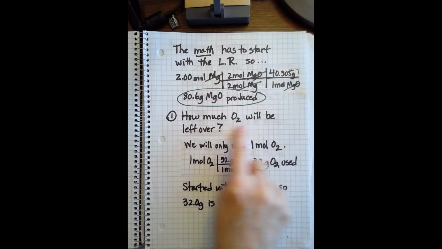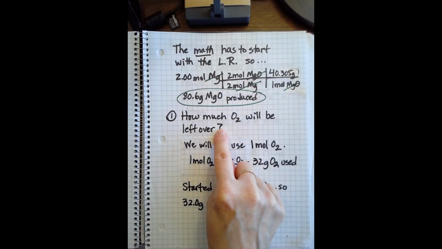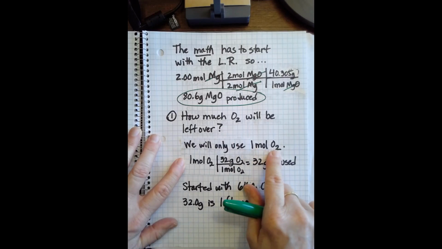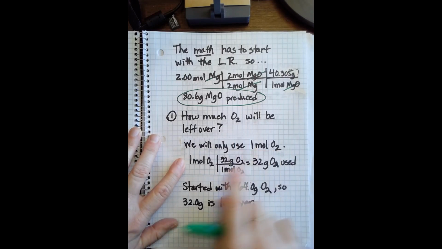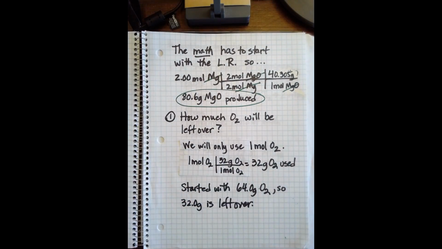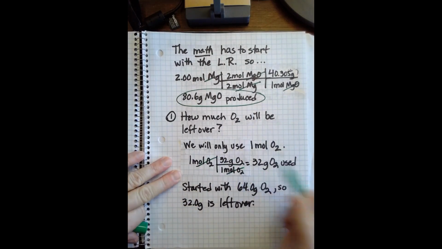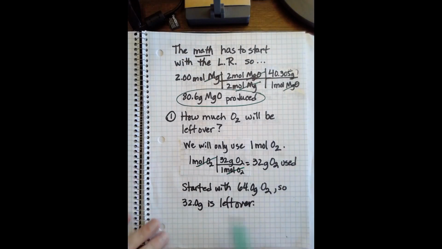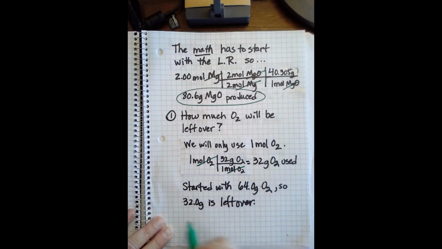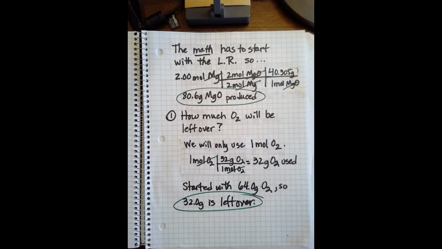Now we were also asked how much oxygen will be left over. So let's look at this. Since we only use 1 mole of oxygen, that means 1 mole is left over. And if we look at the molar mass of oxygen here, 1 mole, that gets us 32 grams used. And then we subtract 32 from 64. So that means that 32 grams of oxygen is left over. All right, so pause, look at those,